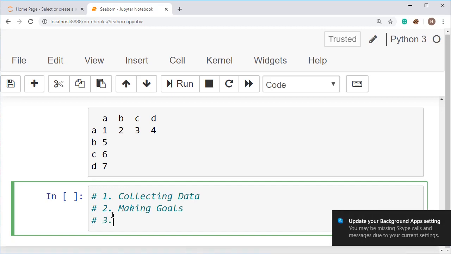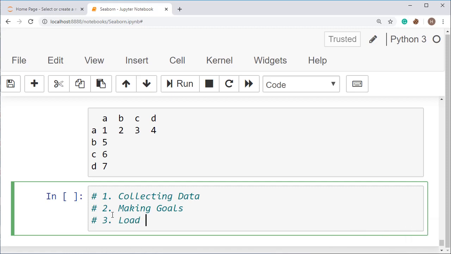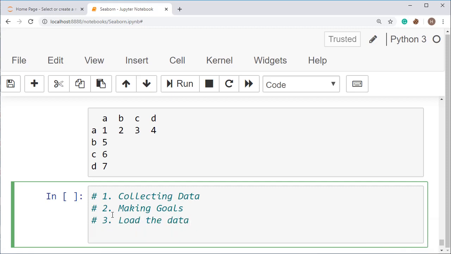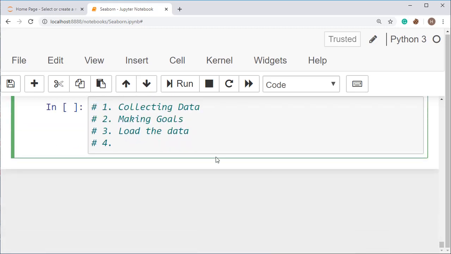That one is, you have to make the plans and then load the data. Loading the data means you have to set up an environment for the data analysis. Like you have to load the data in Jupyter Notebook, because almost 95% of users use Jupyter Notebook for data analysis. So load the data in Jupyter Notebook, then run your code with the help of different libraries.